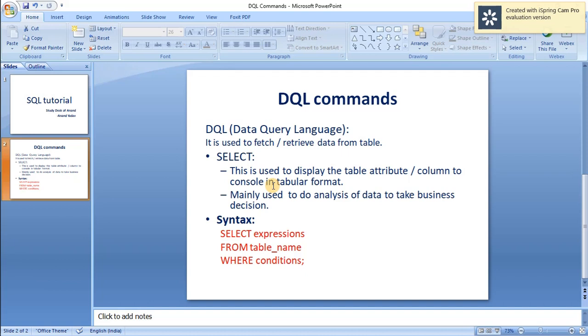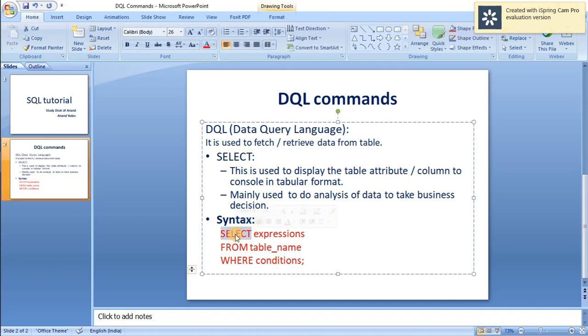The syntax of this DQL command is very straightforward. Here in the red color, select is a keyword, and whatever information we want to print on a console, we can put here in the form of an expression, or we can just print the column name if we want to see only the attributes.